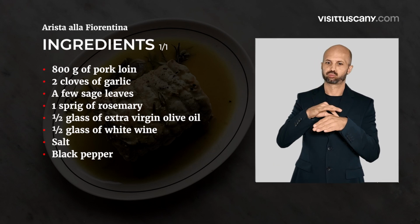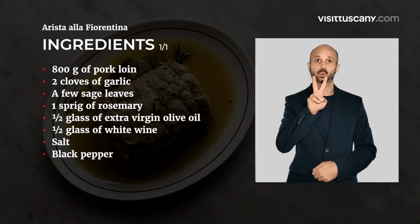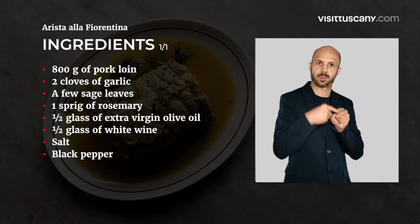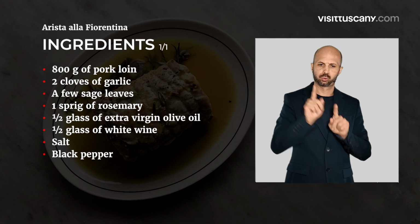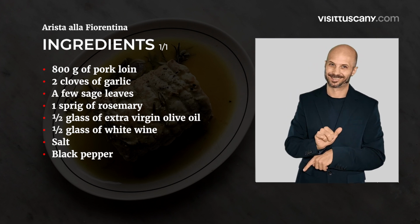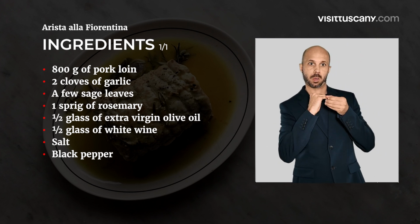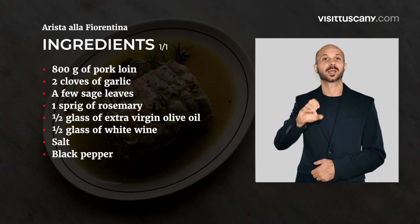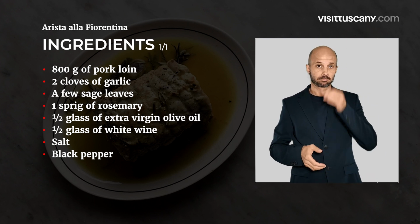Arista alla Fiorentina. Ingredients: 800 grams of pork loin, 2 cloves of garlic, a few sage leaves, 1 sprig of rosemary, half a glass of extra virgin olive oil, half a glass of white wine,